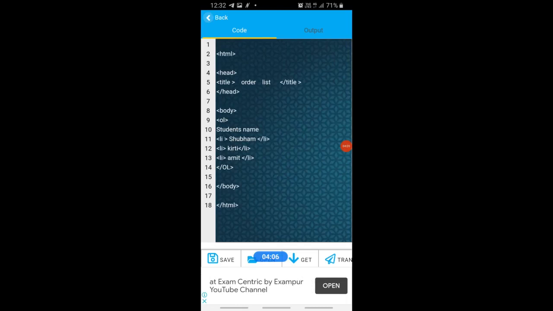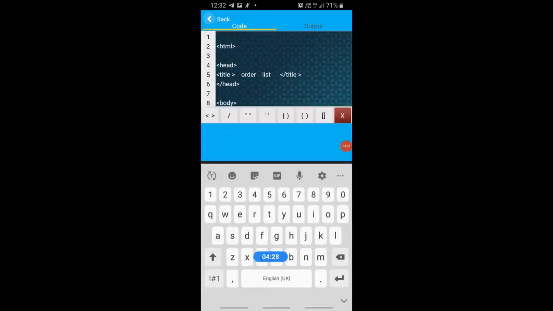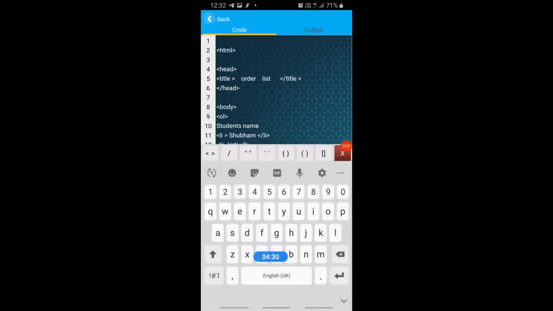When you do not mention which type of ordered list you want, suppose Roman numbers or ABCD, which type of numbering you want, by default it will take 1 2 3. If you want ABCD as the numbering, then after OL you will write type, then the equal sign.